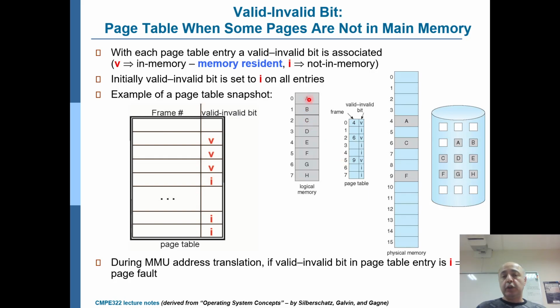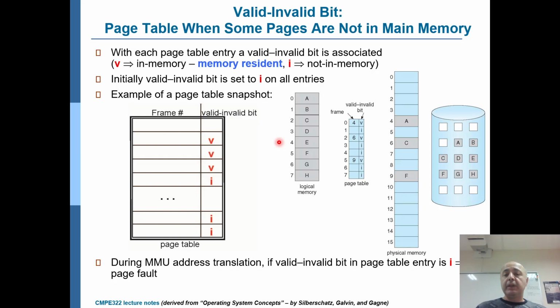They correspond to A, C, and F in these frames. Only for those frames do we have valid entries, so the valid bit is set accordingly, and for the rest, it's invalid. In the swap, you actually have the copies of these. So when the process, for example, tries to access page 4, where E is,